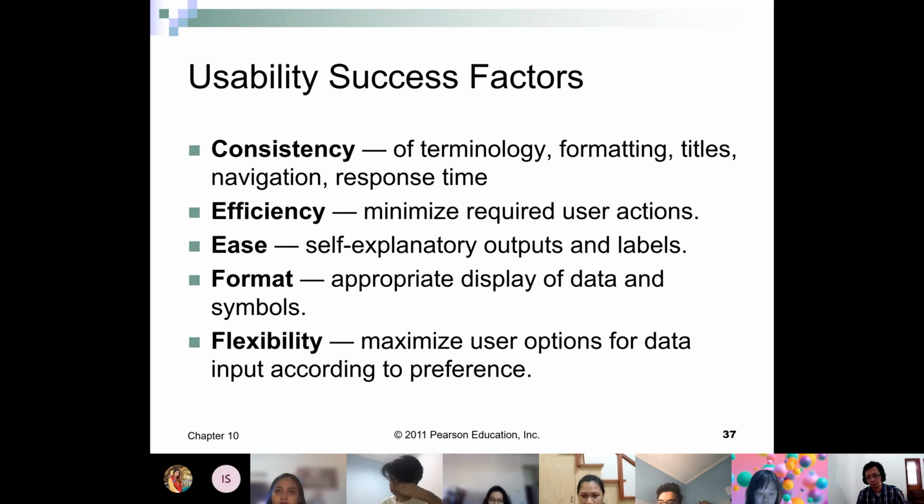Provide pre-defined information rather than having the user type in. That will reduce or minimize errors. We also need to help users understand the form and fill it out as easily as possible, using appropriate display data and symbols, and also be flexible. Users may use a touchscreen, a mouse, a touchpad, a keyboard, things like that.